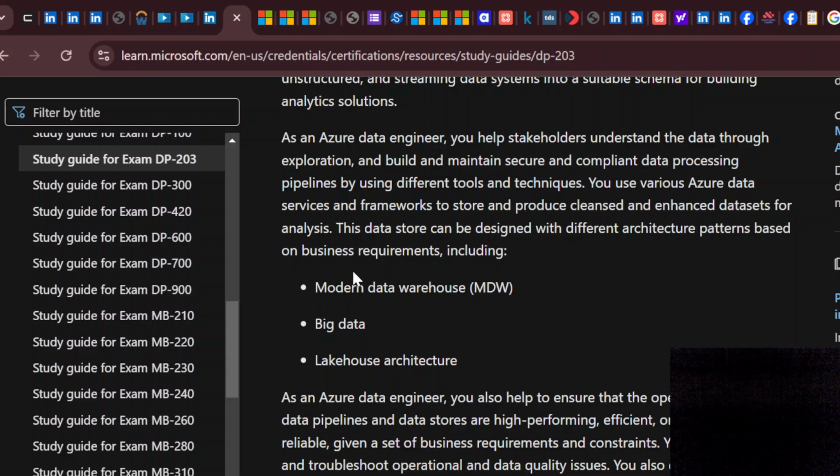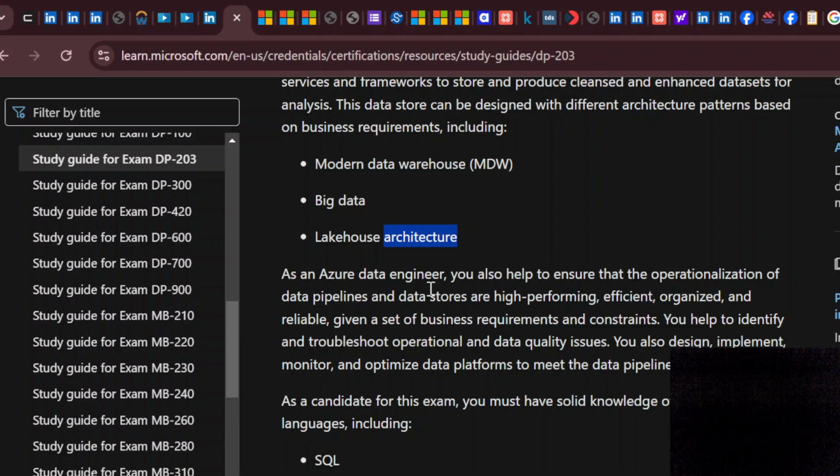Based on the business requirements and how we interact with the stakeholders, different data store architectures are there, like modern data warehouses (MDW) and big data lakehouse architecture, which can store structured and unstructured data. As an Azure data engineer, you help ensure that the operationalization of data pipelines and data stores is high performing, efficient, organized and reliable, given a set of business requirements and